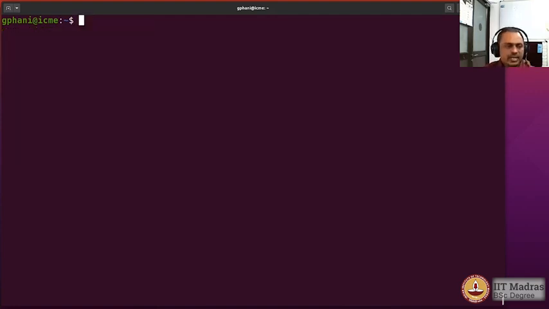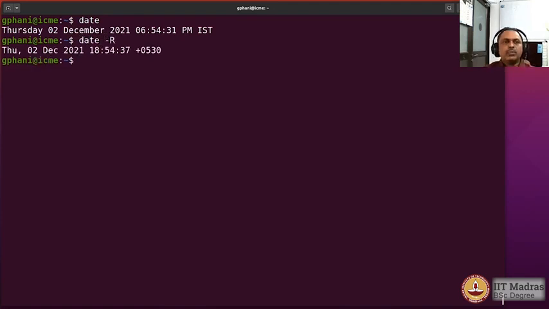Now let us look at how we can escape the aliasing. Just the way we have escaped the dollar interpretation, you could also escape an aliasing. So we will try that using the date command. We have tried the date command in the past, and we have also seen that the date command can take an option of capital R to print the date in the format usually used in email communications.